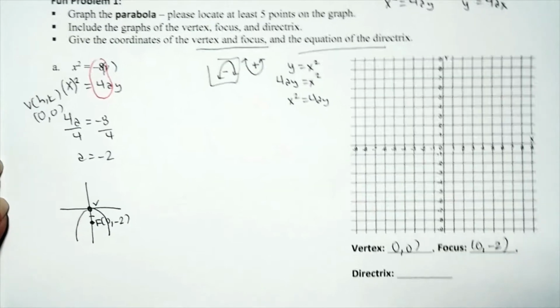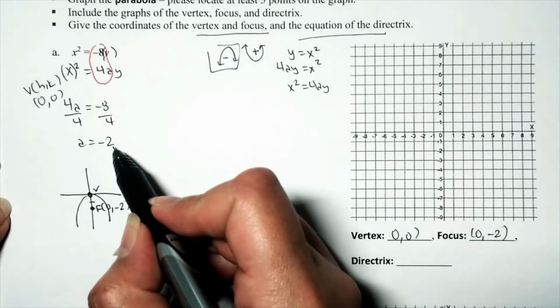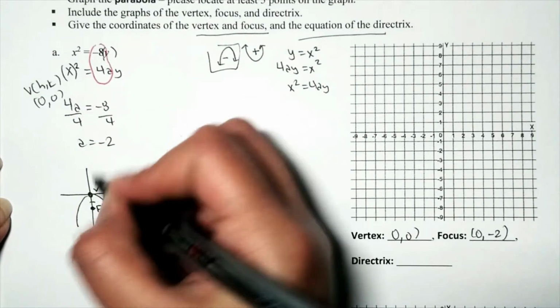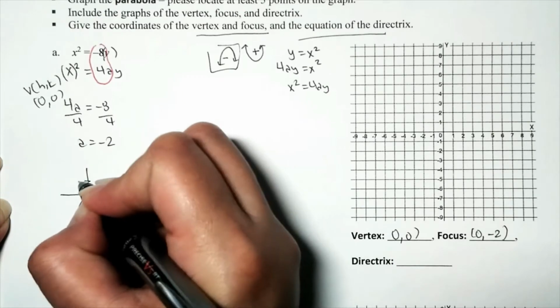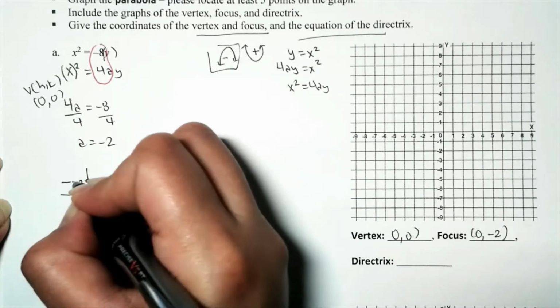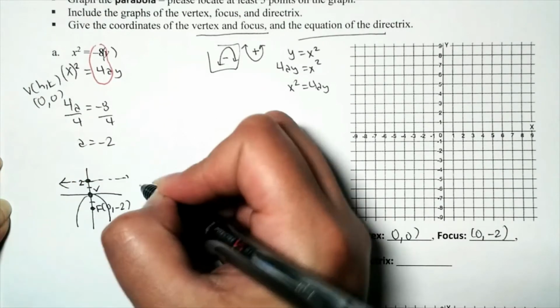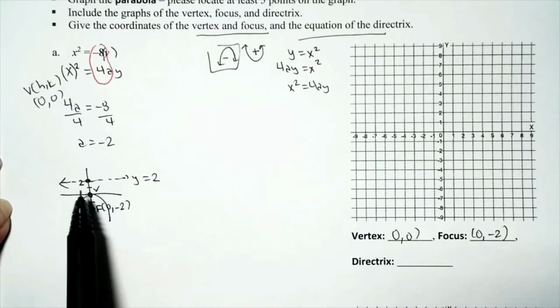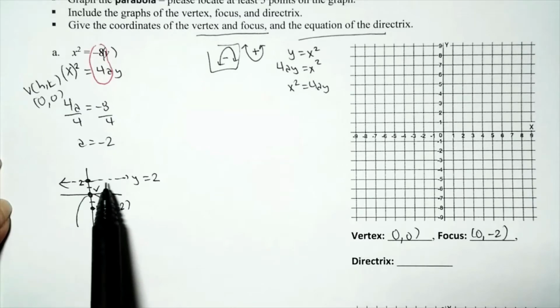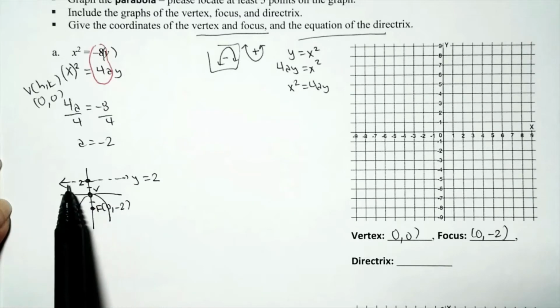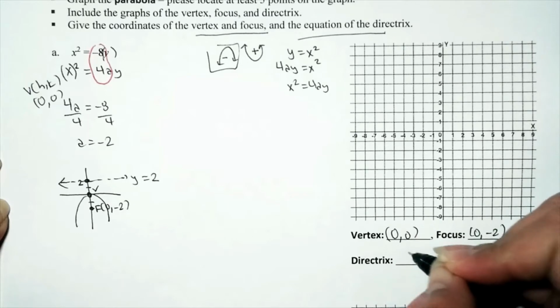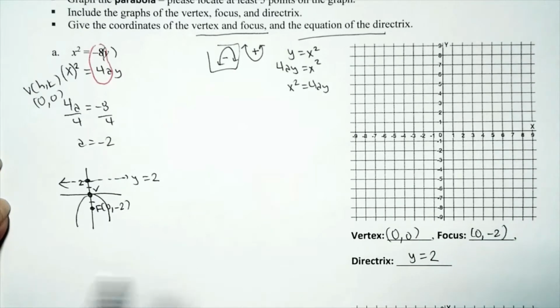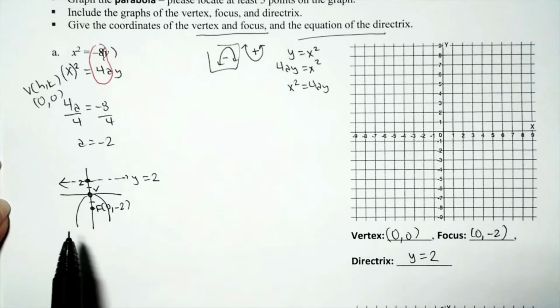What about the directrix? We're going to go 2 units to the other side, so in this case, up 1, 2. And then we're going to draw a horizontal line right there, and the equation is given by y equals 2. Why? Because it doesn't matter where I am on this horizontal line, the value of y is 2. So I think it's pretty neat. If we can do a really rough sketch here before we're a little bit nervous,